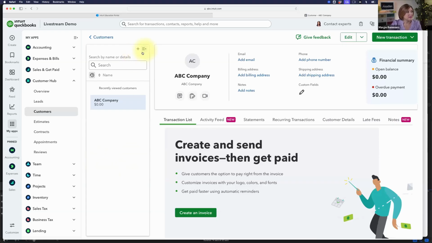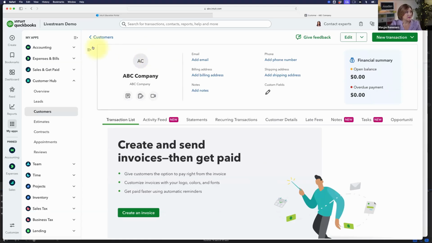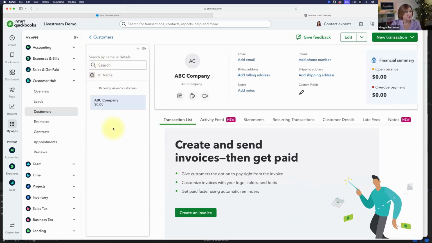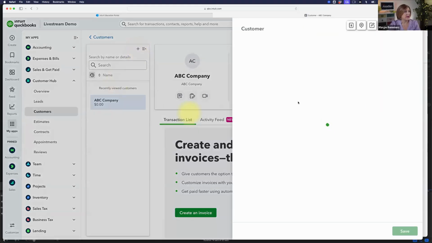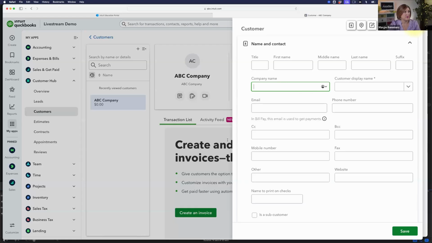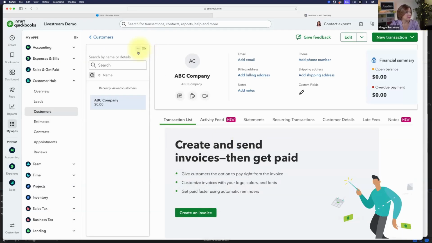And so this little icon right here, a hamburger with a little arrow, is the collapse button. This will collapse that whole column. Here you can open it up again, the little hamburger with the arrow pointing the other direction. So you can always get more real estate by closing those left things. Now, I don't know what this plus is, so let's explore it together. What am I adding here? Oh, I'm adding a customer. Okay, so if I wanted to add a customer, I could do it there.